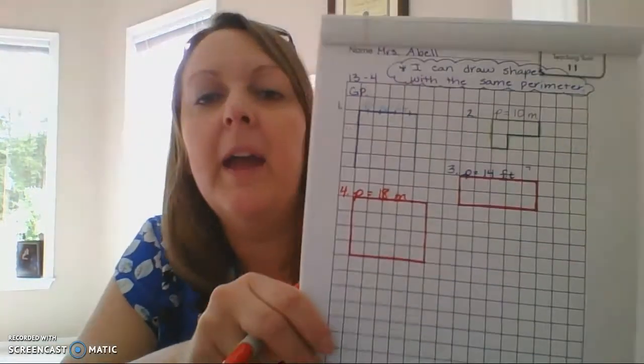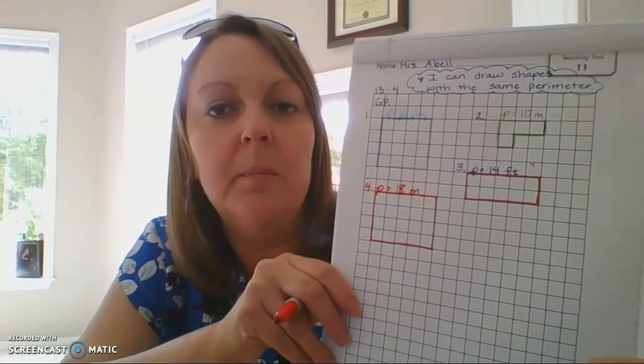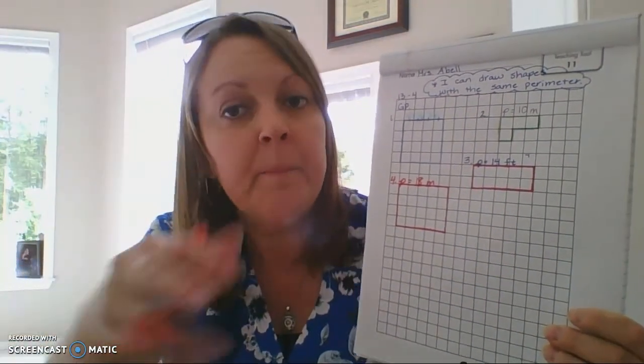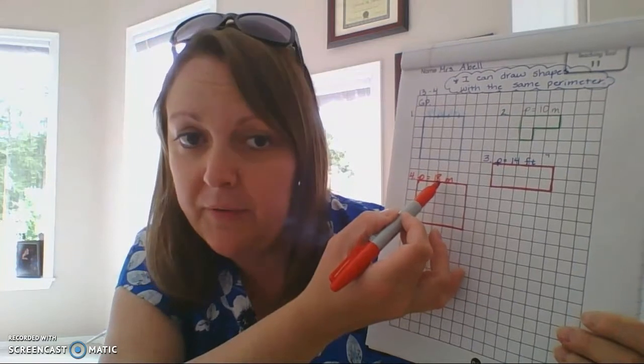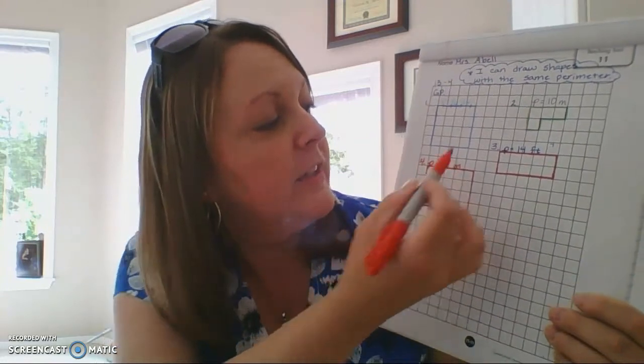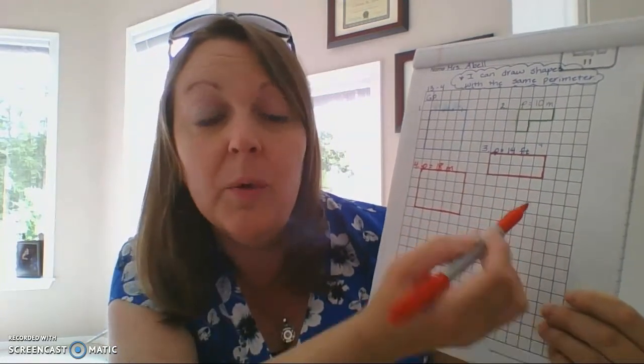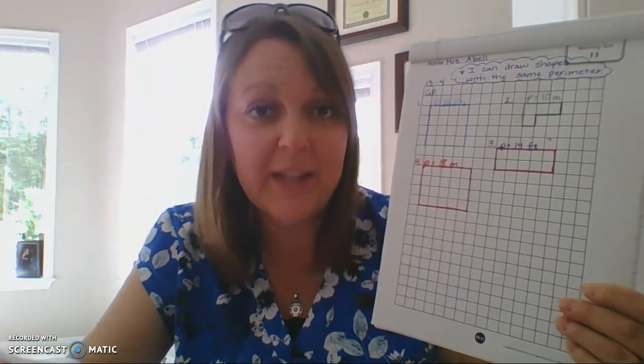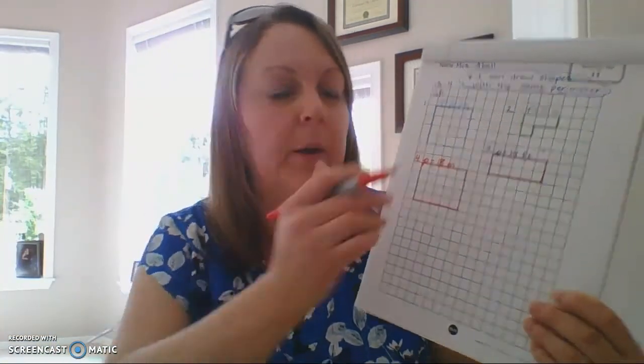So now I can just close up my shape, and the scary part about using markers is if you make a mistake, you can't just erase it, but that's okay. So now I have a shape with a perimeter of 18 meters. Like I said, one of the easiest ways to come up with a shape is to cut the perimeter in half and then figure out what 2 digits I can add up to make that number. Because I could have also gone over 7 and down 2. And even though that's a different shape, it's the same perimeter all the way around,